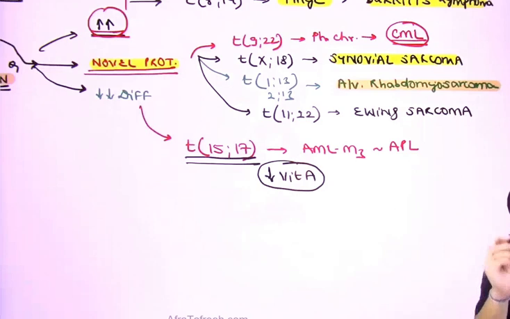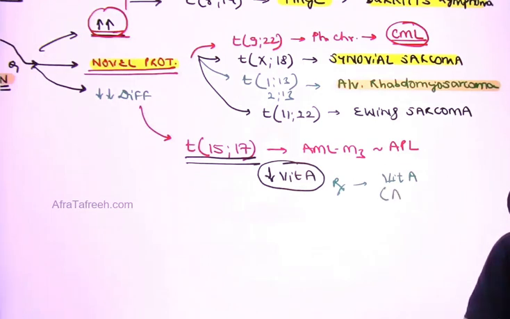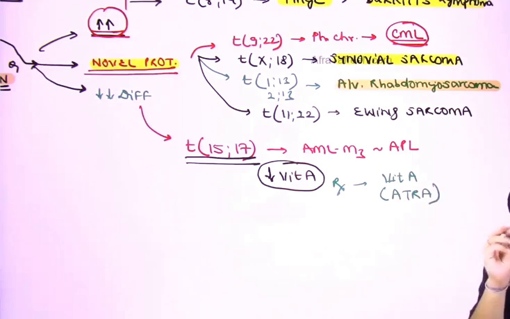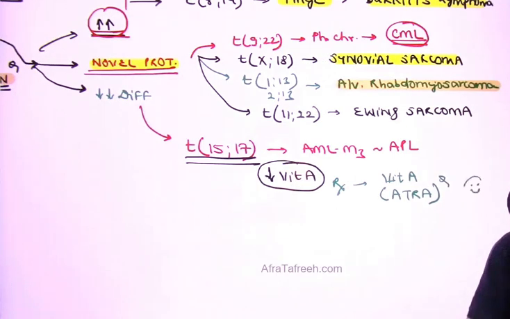If we understand this fact, it's fairly easy for us to understand the concept for the treatment of the patient as well. Natural vitamin A, endogenous vitamin A is not able to function properly in this patient. I want the cells to differentiate. So the important pharmacology link is, I give this individual vitamin A in high doses from outside. Biochemistry link, vitamin A is existing in different forms. The form of vitamin A which is most effective for this patient is all trans-retinoic acid. So once you are giving all trans-retinoic acid to this individual, the cells are now going to differentiate. If the cells differentiate, the individual is going to be getting treatment from the cancer.